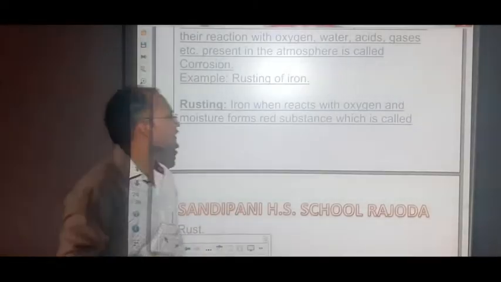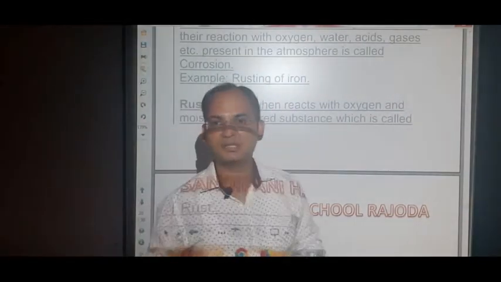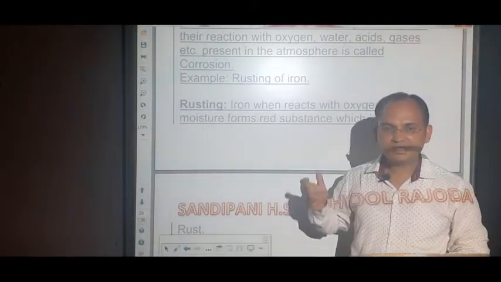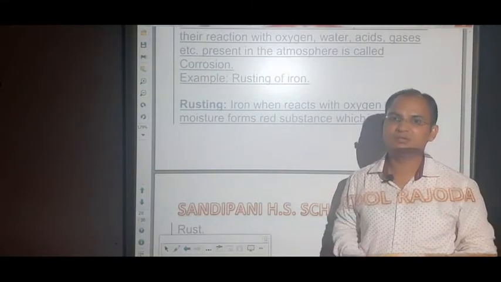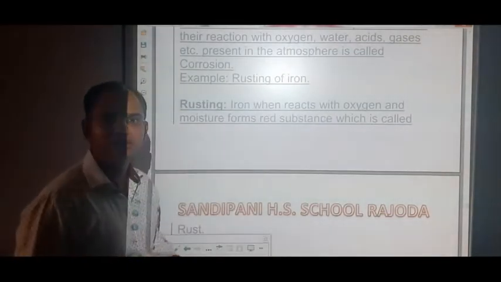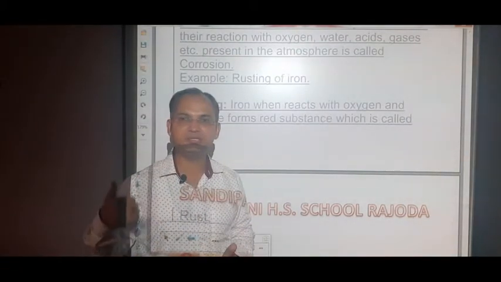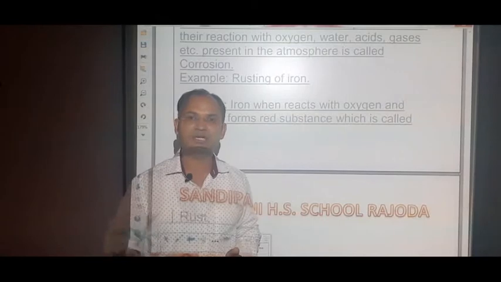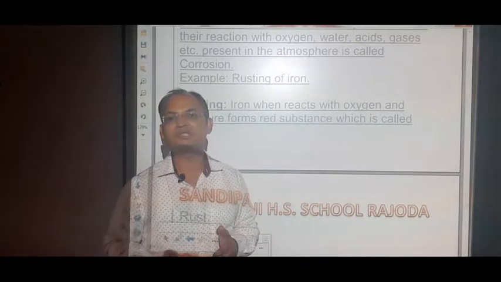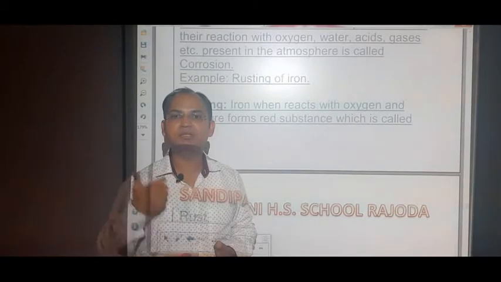So students, let's see the corrosion of iron. In our day-to-day life, we call it rusting of iron. Whenever corrosion takes place in iron, we call it rusting of iron. Its common name is rusting. So let's see what happens in rusting. You have seen in our day-to-day life that whenever iron articles or objects are placed in moist places or outside the house, after some time a rusty brown coating forms on the surface of the iron. That coating is nothing but rust.